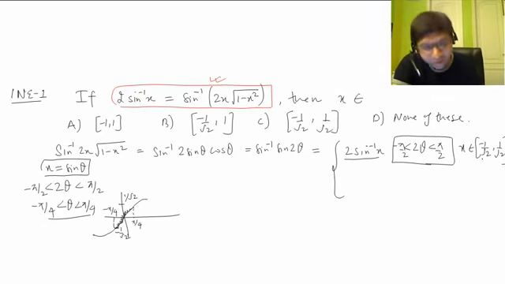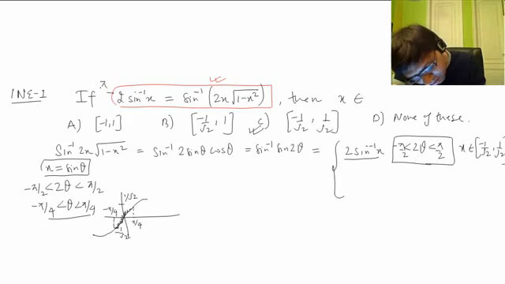So for this question, this much is sufficient, because now we can see the question is asking that this is equal to this, and the values of x are. So the answer is C. Right? But suppose this question was something like this: pi minus 2 sine inverse x equal to this, then the values of x are. Then the answer would be different. So let's complete the breaking down of this function into pieces. We need to see what the simplified form is for x greater than 1 by root 2. When x is greater than 1 by root 2, then how should I simplify this?